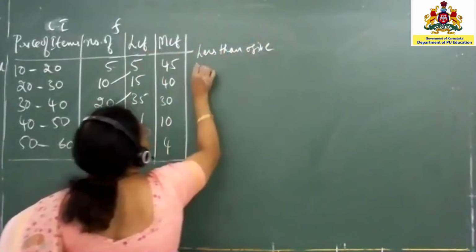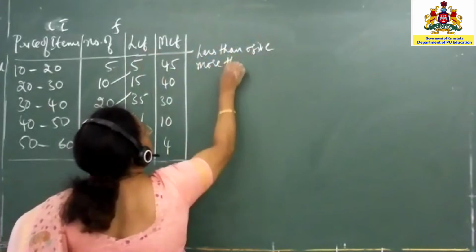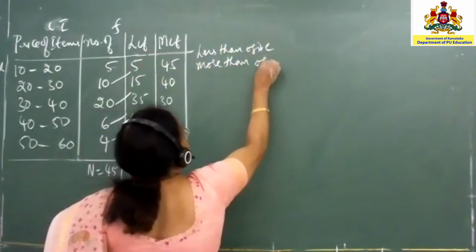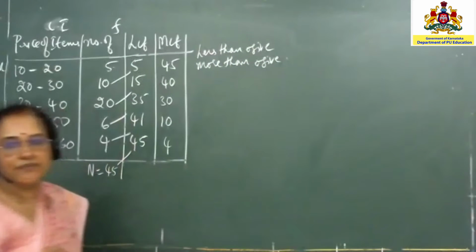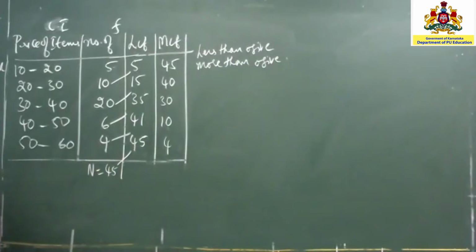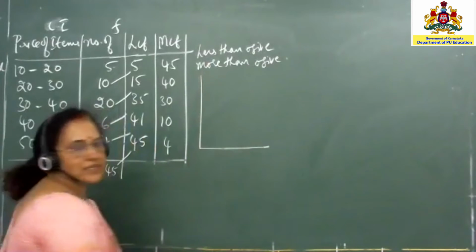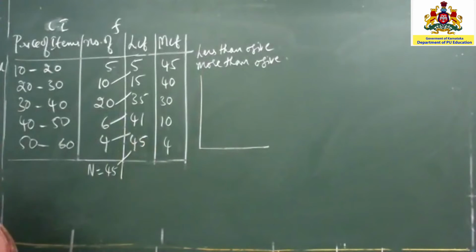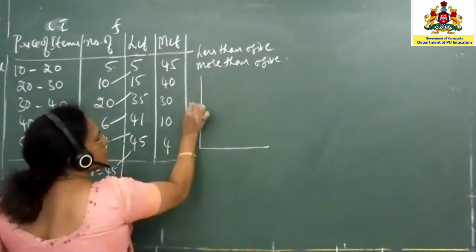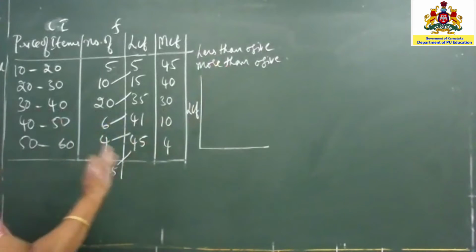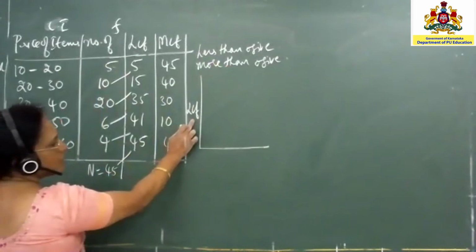Okay. Now another one is the more than Ogive. So what is it? Less than Ogive, another one is more than Ogive. Now if you have to draw the less than Ogive, the same time you will take the x-axis and the y-axis. Now this is less than cumulative frequency. On the y-axis, instead of frequency, now we will be using LCF.